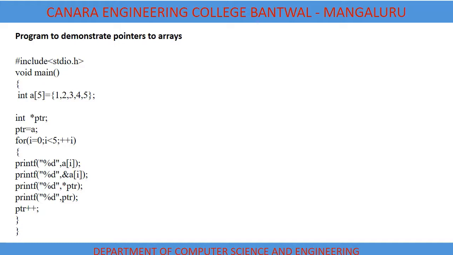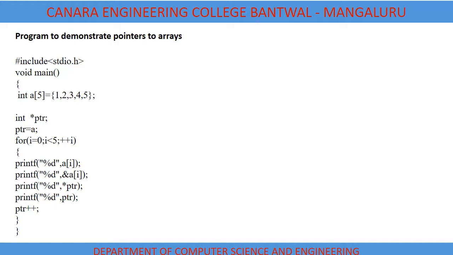I'm declaring a pointer variable, int *ptr. You can see there ptr is equal to a. So I'm trying to store the address of the array in a pointer variable. You can even give the initial location, that is &a[0], which can also be stored as an address in a pointer variable, or you can give the array name also, so that it will hold the starting address of the array.